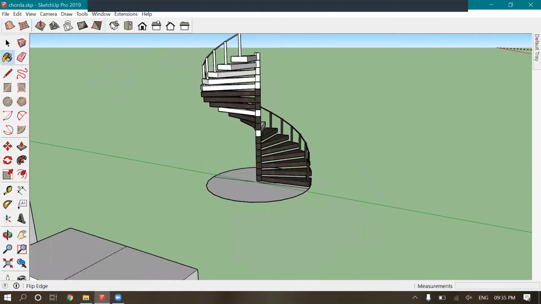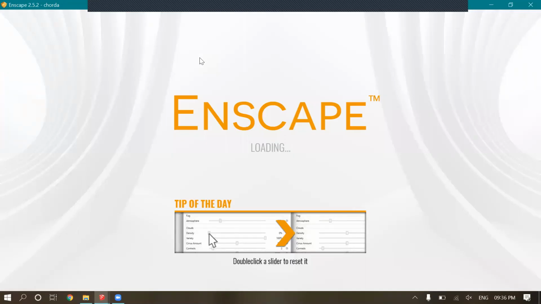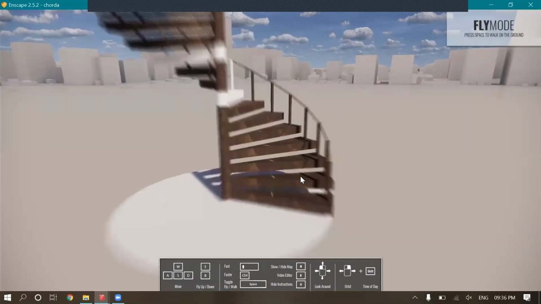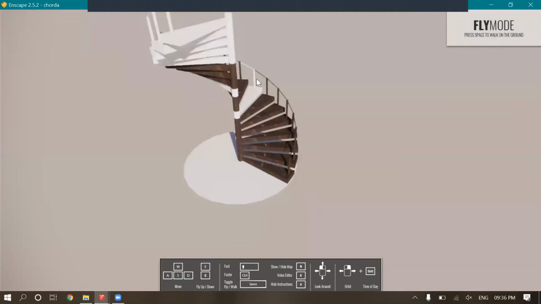Then just center the part. Try making some round stairs like in this pattern, and some railings. You can add a lot of design in this part.